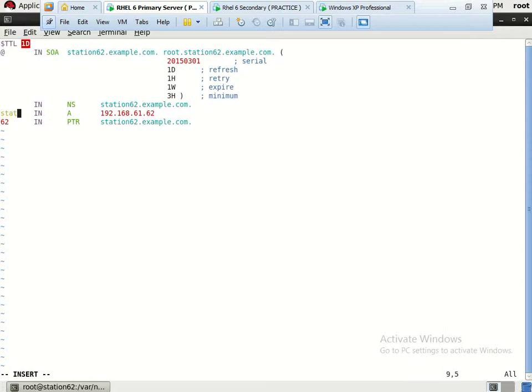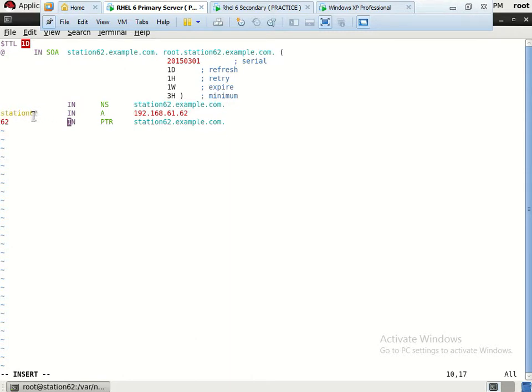Oh, station 62. This will be the error. You have to use the host name here, and the domain will be reflected from this section automatically.